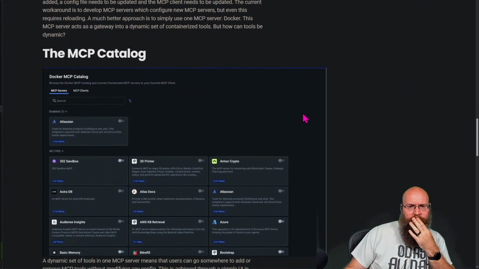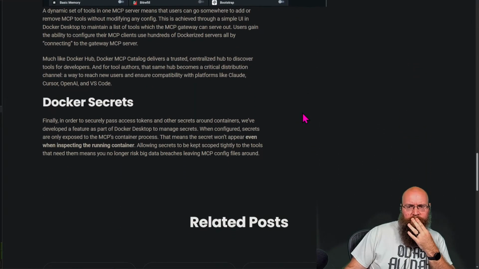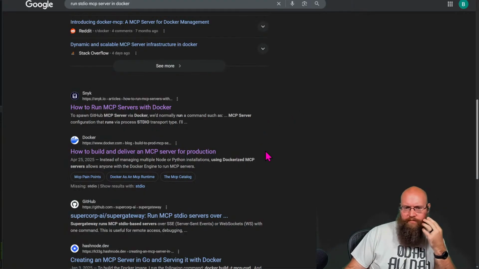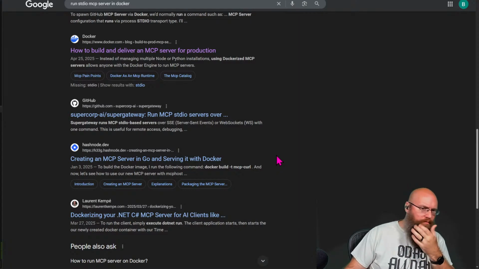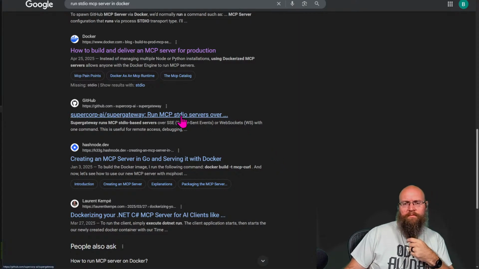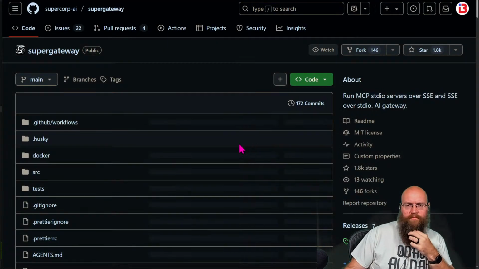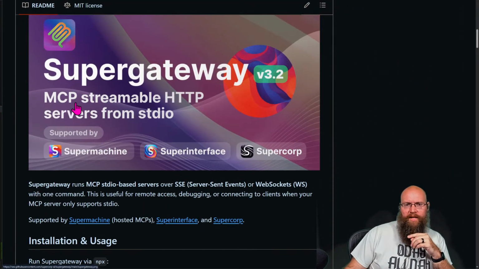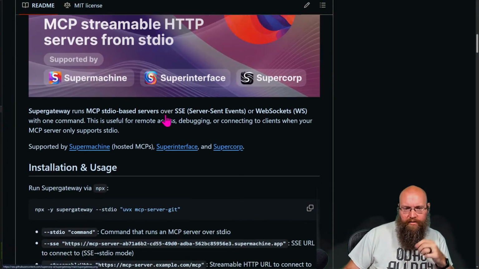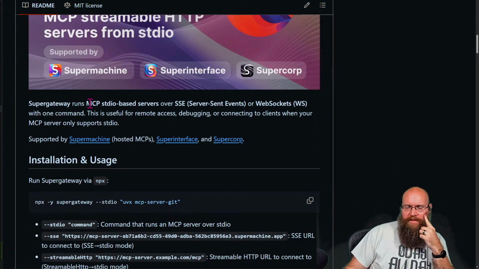Let's see. Supergateway, MCP streamable HTTP server from standard IO. Okay, so this runs MCP standard IO based servers over SSE or WebSockets.